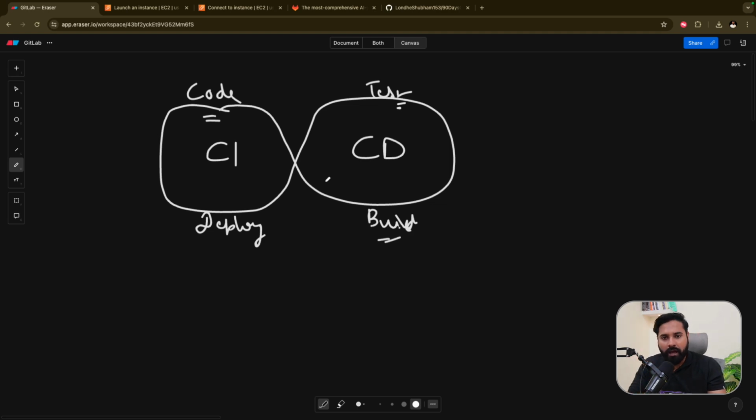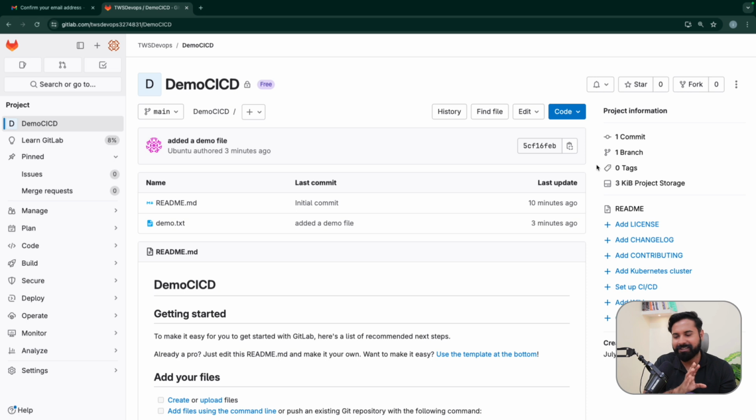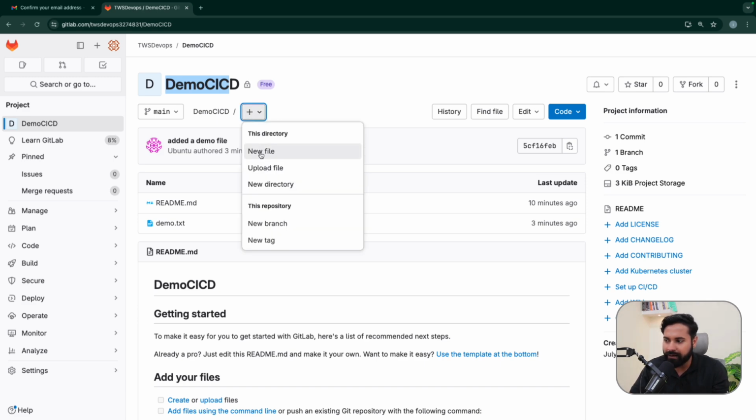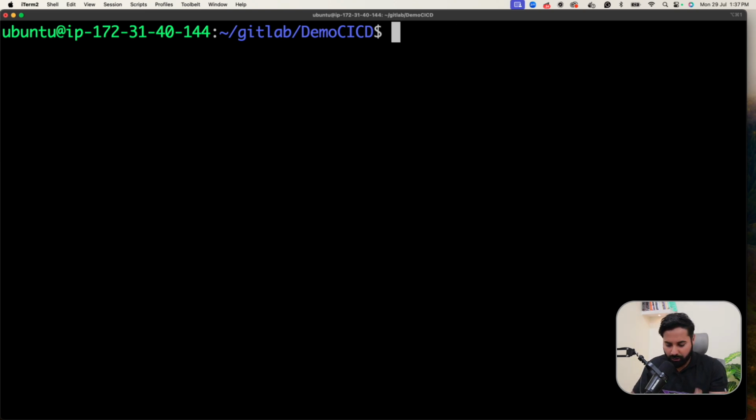Now the thing is, how does GitLab offer you that? If you go to GitLab, this is Auto DevOps. You can just close it. We'll do it for you, with all the manual effort turned into automation. In order to set up a CI/CD pipeline for your project, there is a special file that has to be in your project. You can add a file from here as well, or you can even add it from your machine. So you can directly do